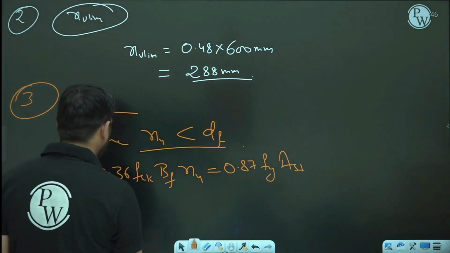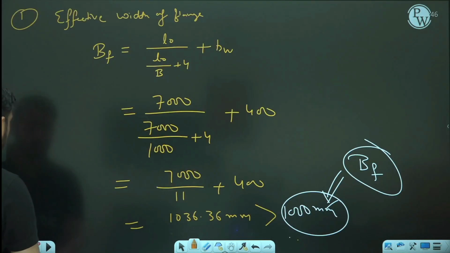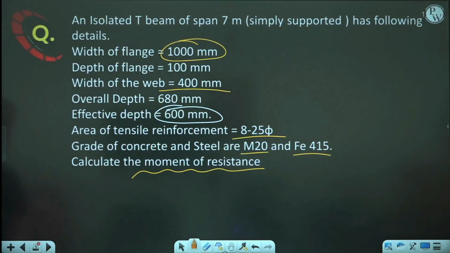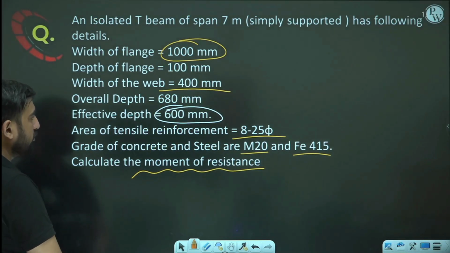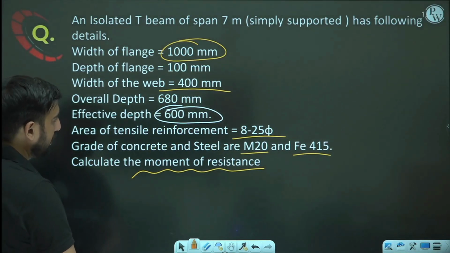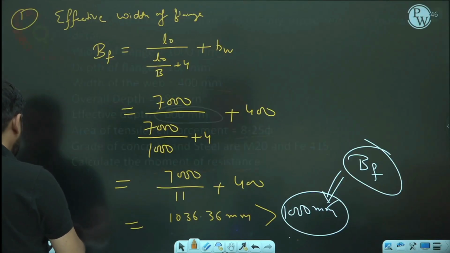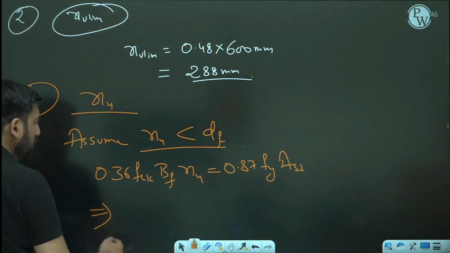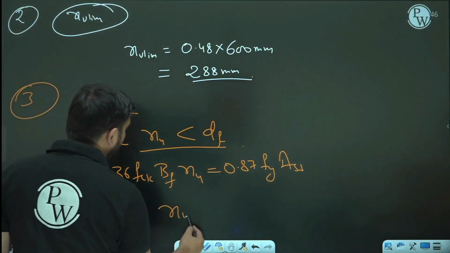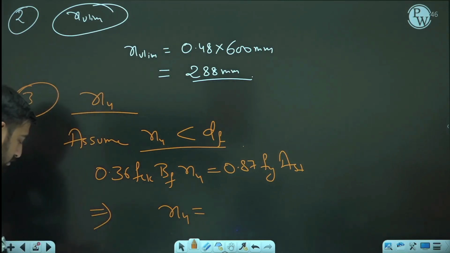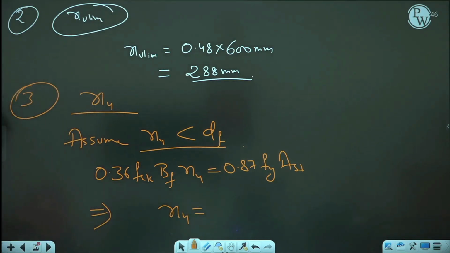FCK is 20 and Fy is 415, and AST is 8 times of pi by 4 into 25 square. If you substitute these values, XU you are going to get is 196.8,